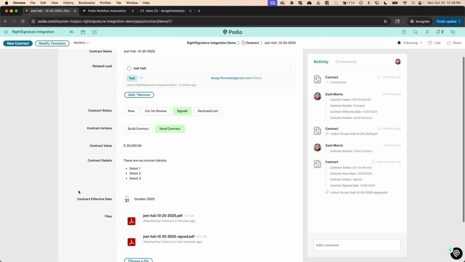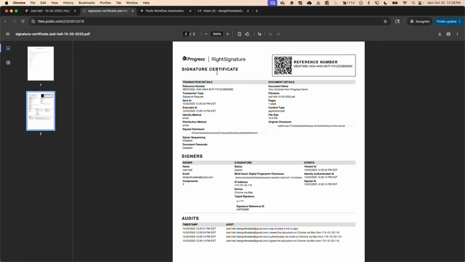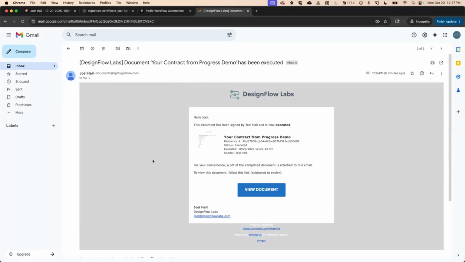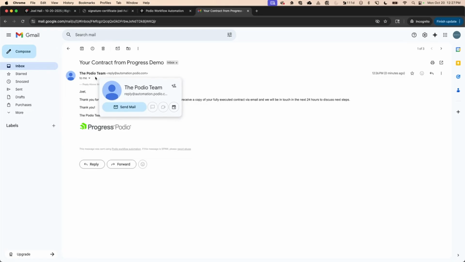So I'm just going to do one more quick refresh. I've now got a copy of this signed document here on my Podio item, and I've got the signature certificate attached as well. So for my user, I do get a confirmation where I can review and download the document. And again, if you recall that demo settings app, I had a follow-up email, and that email is just tagged to let this user know